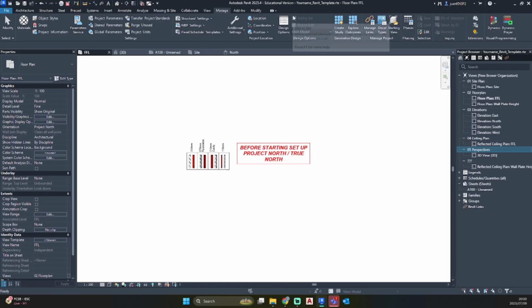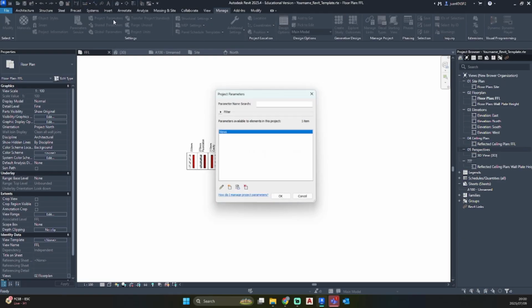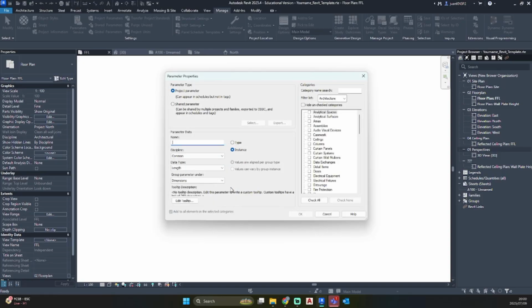So go back to your Manage tab in your top ribbon, go to Project Parameters. As you can see, we've already created Views. So let's click on New Parameter and you'll get that same pop-up. This one we are going to call Sheets, data type text, and the group parameter under Text as well.